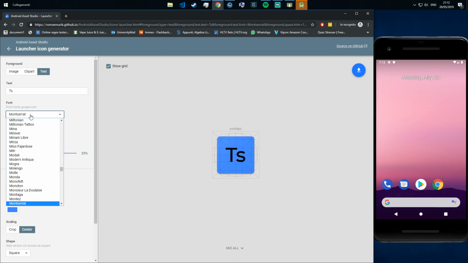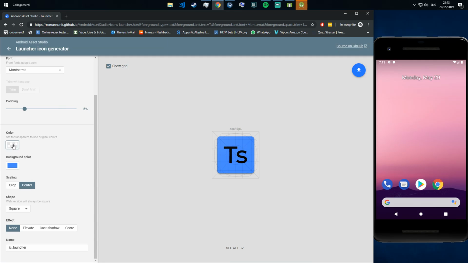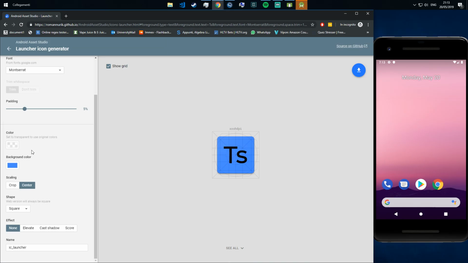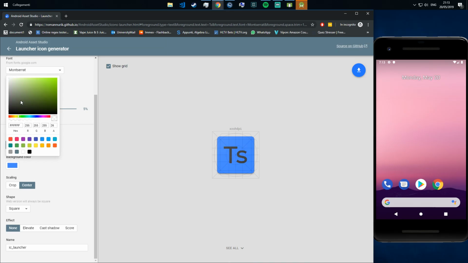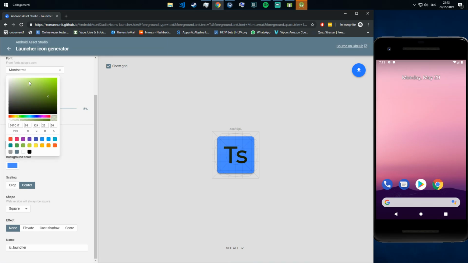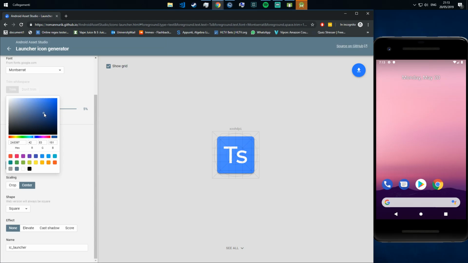Yeah, that one. We could choose the padding of the text, and we could choose the font color, everything we want. I don't know, like this. Yeah, that's kind of horrible. Okay, way better. The background,